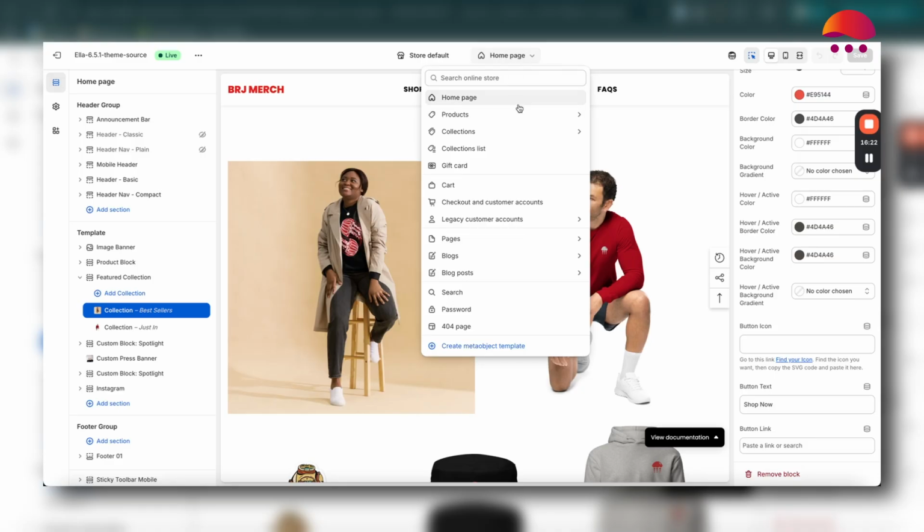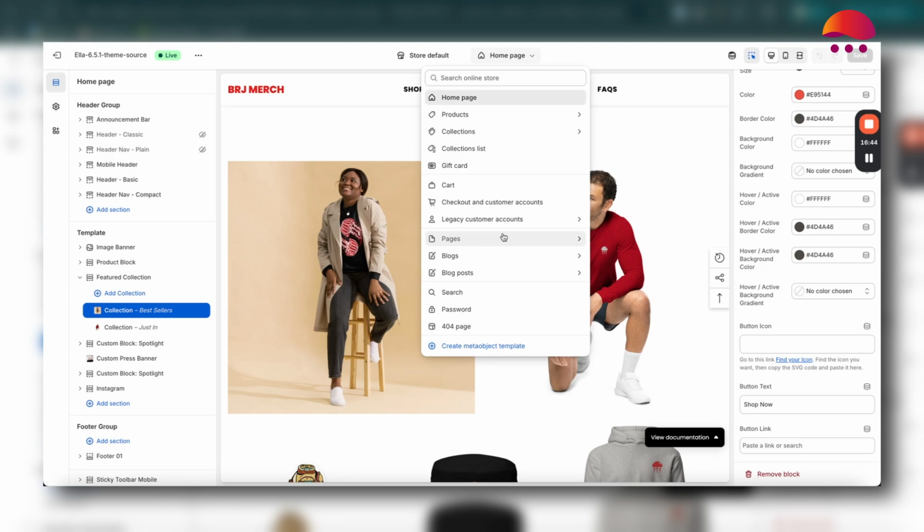Your home page, making sure your product pages are set up the way you want them to appear, your collections, your list of collections and how all of those appear, your cart, and any other additional pages you have set up, such as FAQs, an About Us page, a contact page, any of the other basic pages that a Shopify